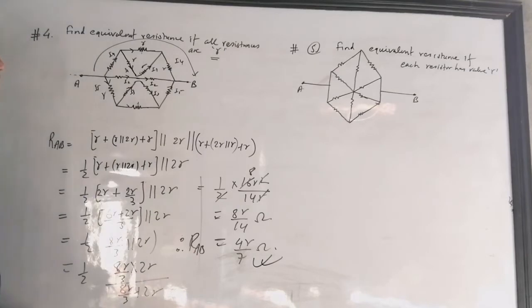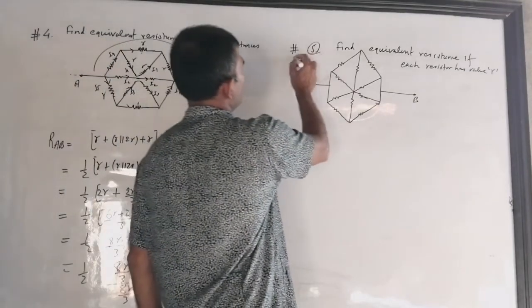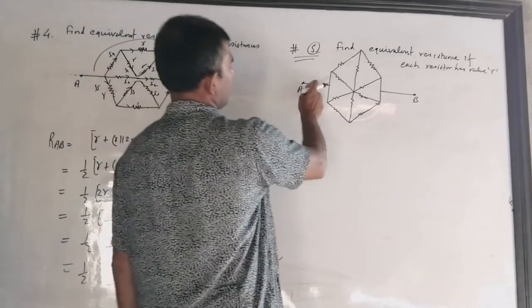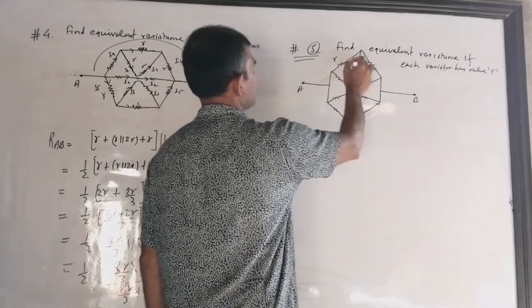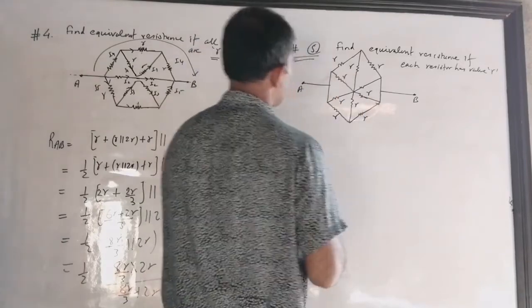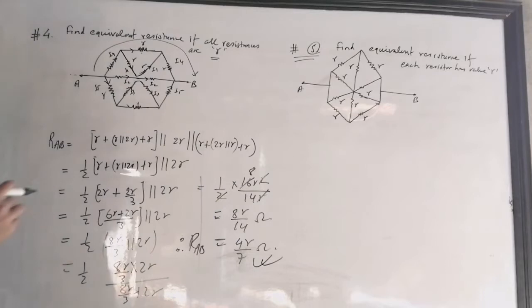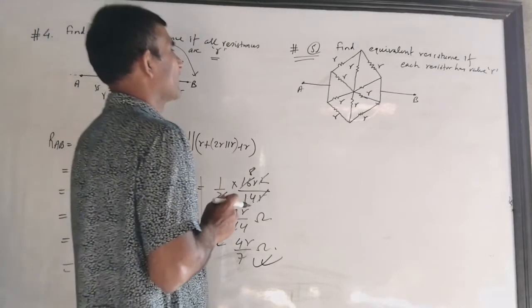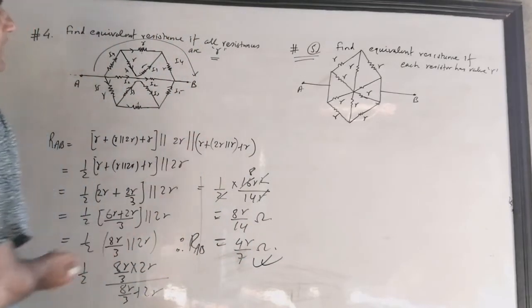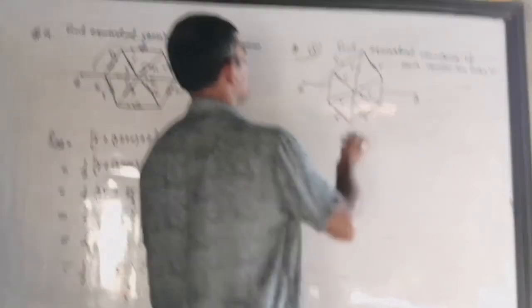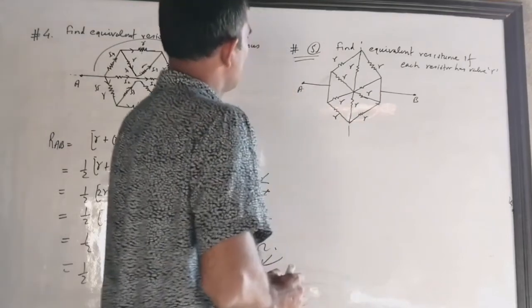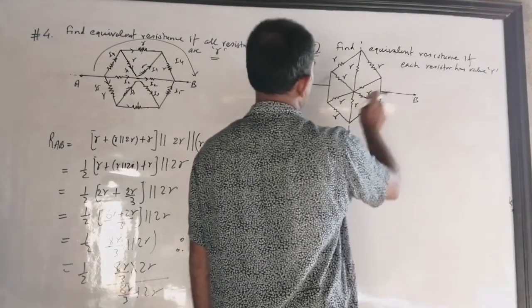Now, after seeing this, let's see question number 5, which I wrote for you. Again we have to find the equivalent resistance between A and B, and each resistance is R, the same, that is small r given in the question. Now, is it mirror symmetry or folding symmetry? It is both, so I prefer to use the mirror, and here I take the mirror line.